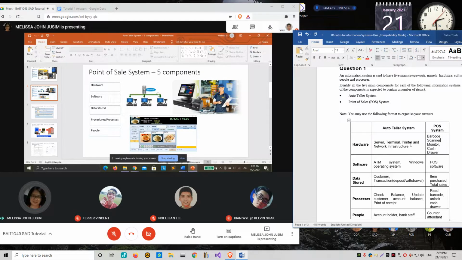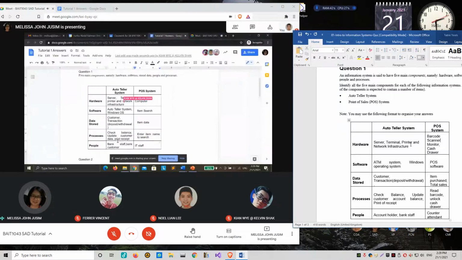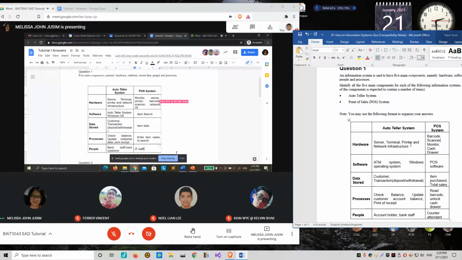You need the network infrastructure. Monitor, printer, barcode scanner, the keypad, all those are under the POS terminal, yeah, Kelvin?